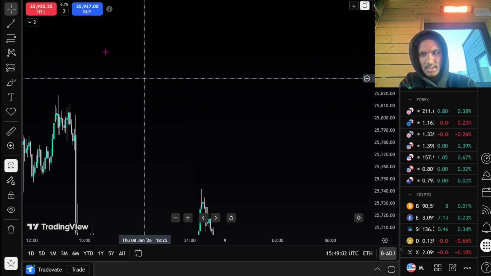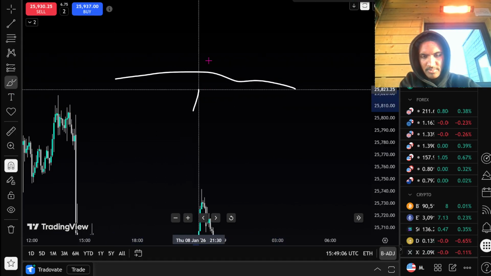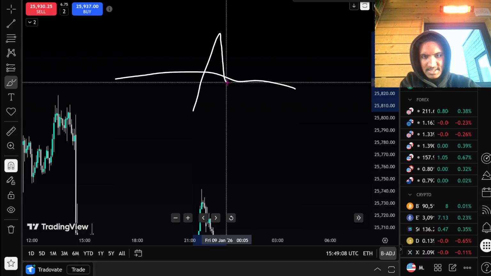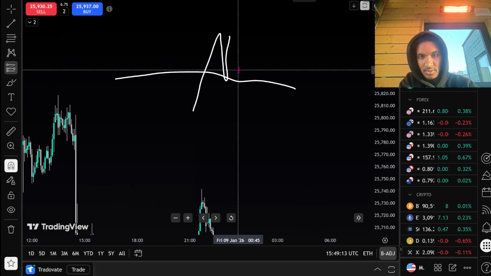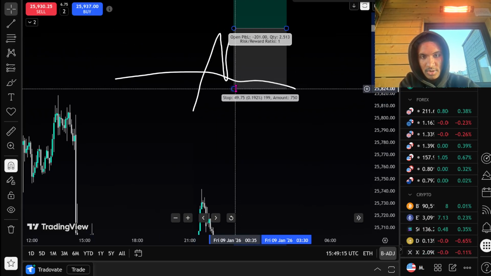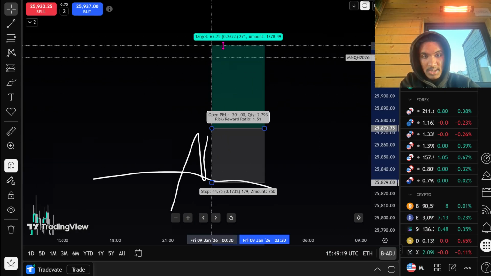So let's just say that you are trading this key level right here. You wait for a break, so price breaks above, retests, and then here's your CHoCH. Now it hasn't CHoCHed yet, but when it does CHoCH, your position size tool is over here, your stop loss is here, and your take profit is at a 1 to 2. Okay,